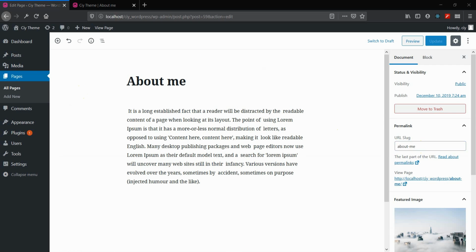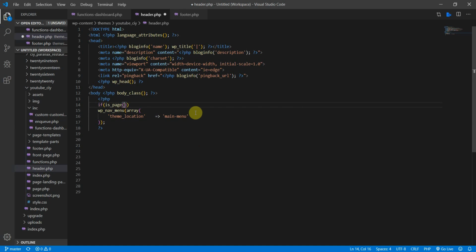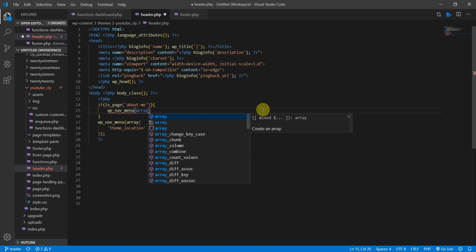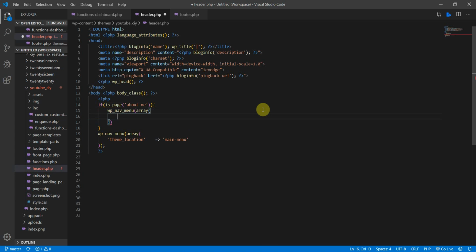So let's head back to our backend and make it a string. So about-me. Okay, and then curly bracket. Now the same kind of function as we had down here. So if the page is about me, show nav menu, and then array. So show this custom menu. So the theme location for this one is